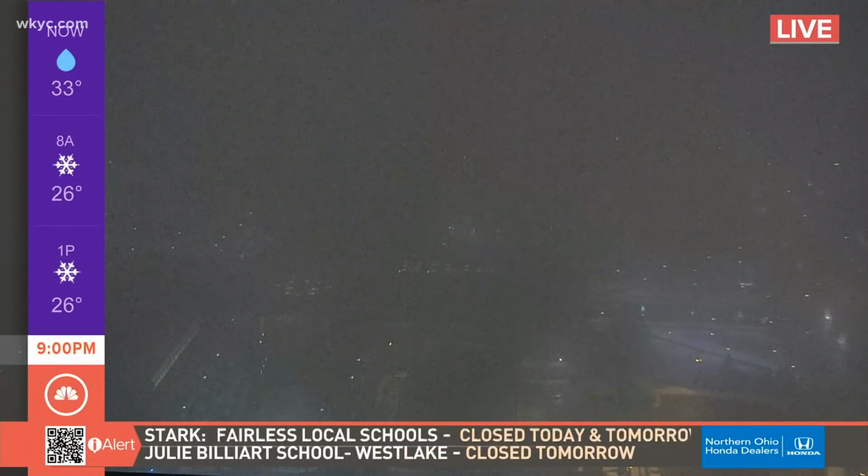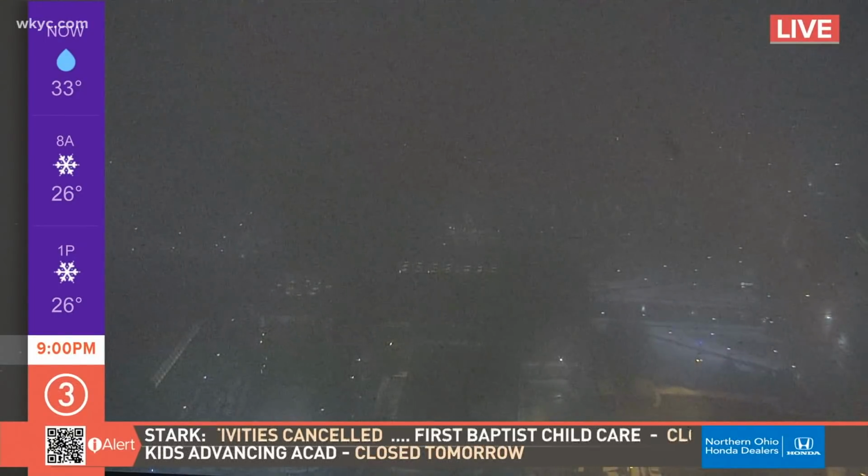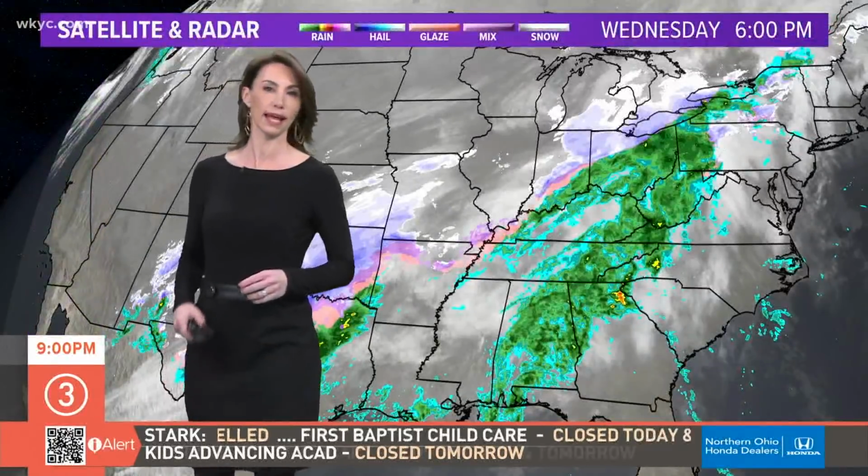All right, everybody, there is downtown Cleveland, and we have some snow pellets mixing in with a little bit of low cloud cover. And you're not looking at snow at this point so far, but at least the report from the front yard from our wonderful Frank Masek is that he thought he had some ice pellets mixing in. But we do have snow that is now coming down in parts of Northeast Ohio as our winter storm is